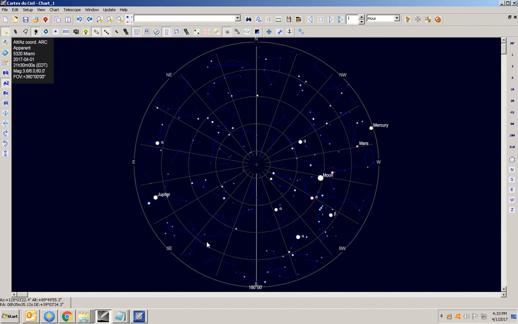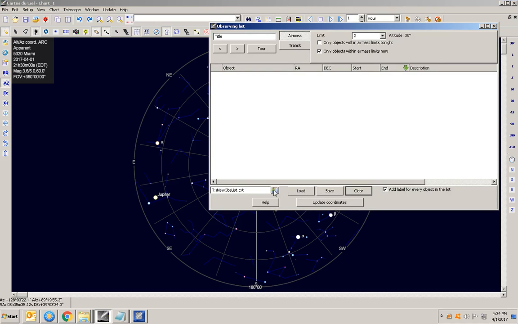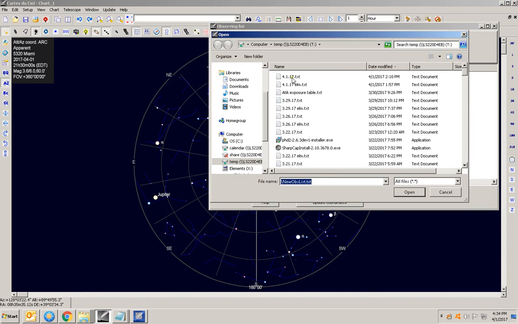So click on OK. So now we've loaded in the orbital elements for the near-Earth objects with known orbits, and we've loaded the orbital elements for objects that were newly discovered that we had to load in manually. So now let's load in the observation list that we created in the first video. Click on Observing List, and click on Load. Here's that list of objects that we decided to observe,